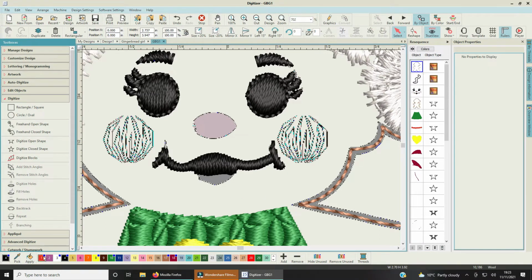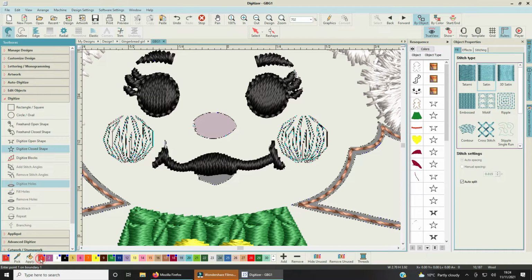Now we want to switch over to red. Oh, stop doing it. Hang on, save my artwork. Come down, digitize, close shape, and in red. Now we're going to the red. Okay, I can literally go across some of the work that I've already done and make a close shape and hit enter, and again I want to pick that up